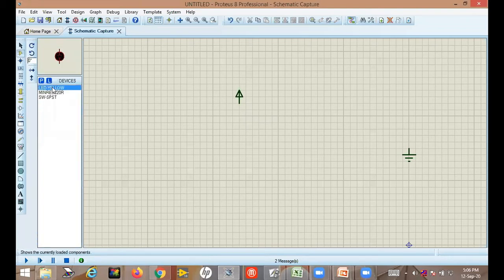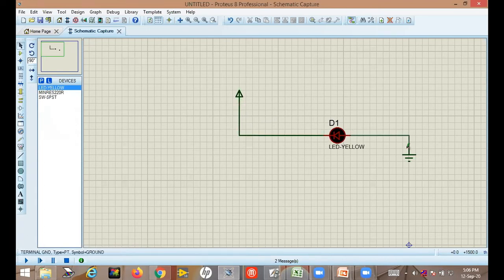Due to any reason, you have placed your component reverse. Okay, LED is reverse. This is the direction. Okay, and this is the connection. What is the result? Just see. Now reverse bias. So that means it should not be on. So let us run the simulation again.